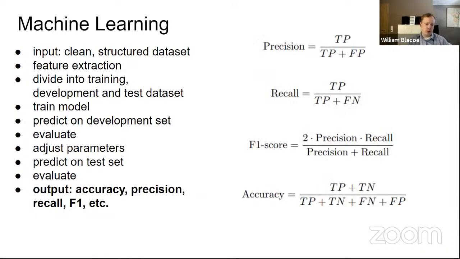The metrics used to decide whether an algorithm is good or not are often precision, recall, F1 score, and accuracy. I don't have the time to go into how those are mathematically computed, but I just wanted you to see those words because they'll pop up over and over if you decide to work on anything in this area. But like I said, you try to achieve a close match between what your algorithm predicts and what humans actually did.